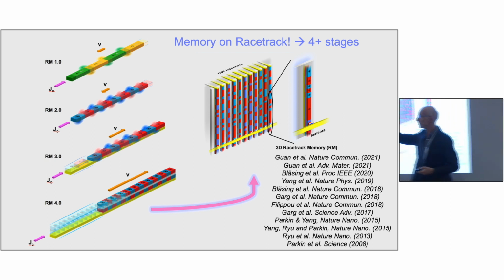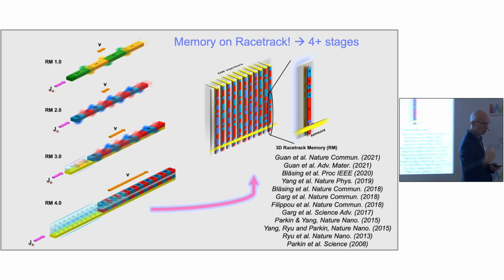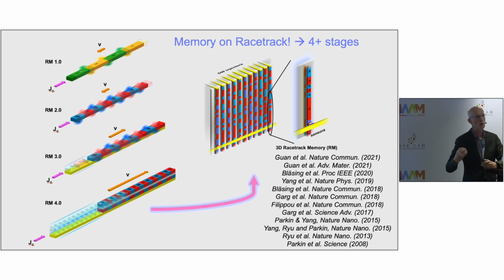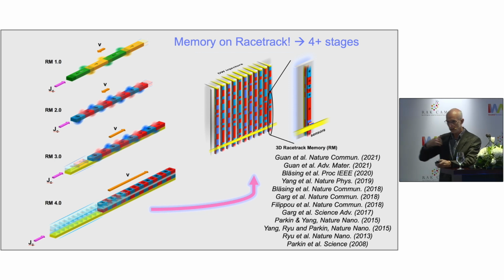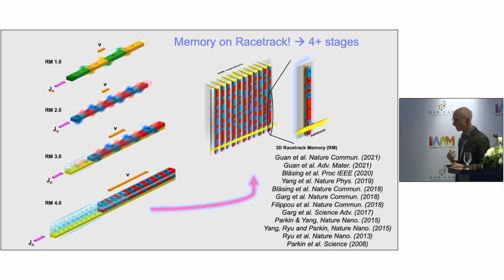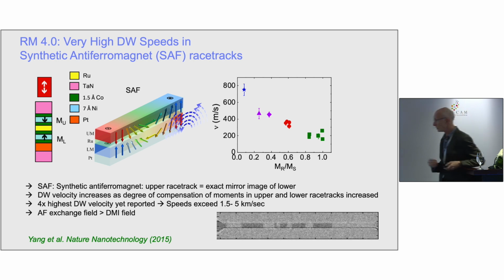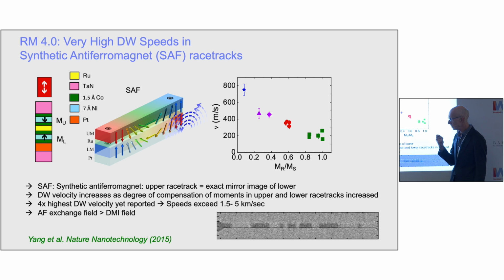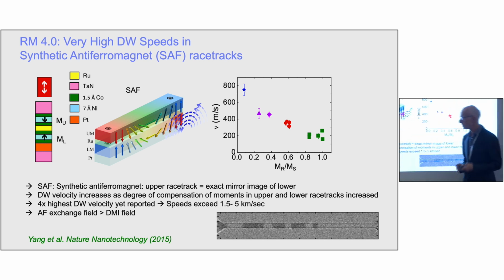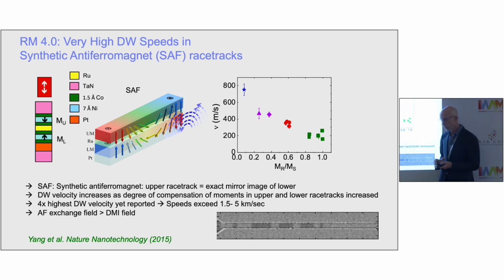And so we've gone through several evolutions of these racetracks, all of which are formed from atomically engineered magnetic multilayers, each with layers in the range of 1 to 3 angstroms thick. We can make these using standard sputtering systems compatible with mass production. So this is what makes possible Racetrack: actually this device we invented, we published in 2015, which is a